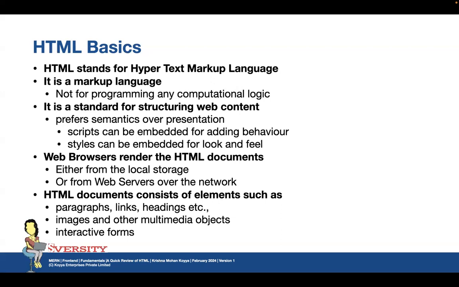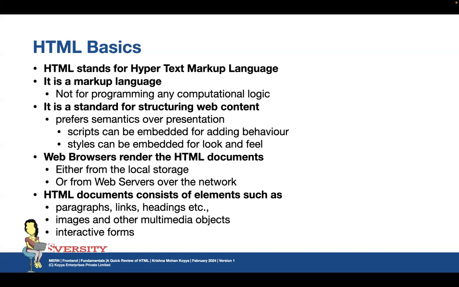The HTML document can be placed on the local storage where your browser is running so that it can pick up from the file system and render it onto the screen. Or you can place the HTML document on a web server on a remote machine, and the browser on your machine can connect to the server over the network and transfer the content to the local machine and then render it onto the screen. Either way is fine. But most likely, what is the general way? The second way: you keep the web content in web servers, and your web browsers connect to the servers and get the content and render it